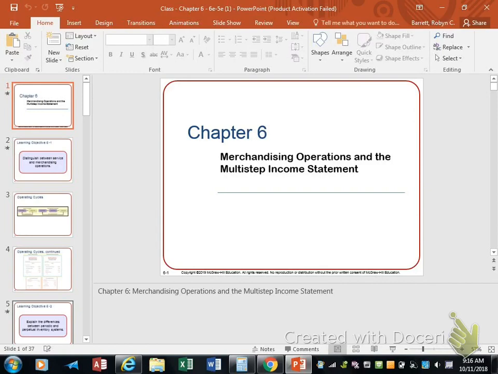So now what happens if I go ahead and pay my balance? How much do I owe them? I bought $1,000 worth of goods. Do I owe them $1,000? No, I owe them $500 because I returned $500. So what's the journal entry going to look like when I pay them back? I'm going to debit what account? Accounts payable. I'm going to debit for how much? $500. You have to take the whole $500 out. Then I'm going to credit